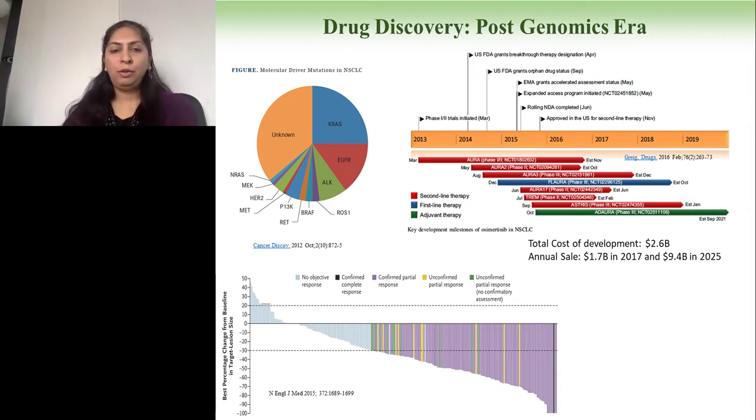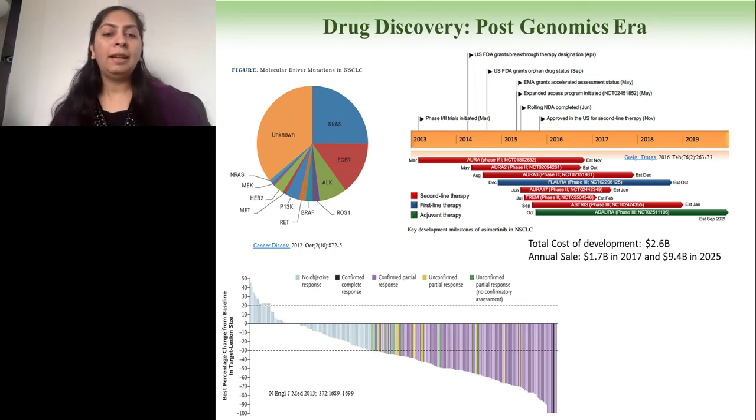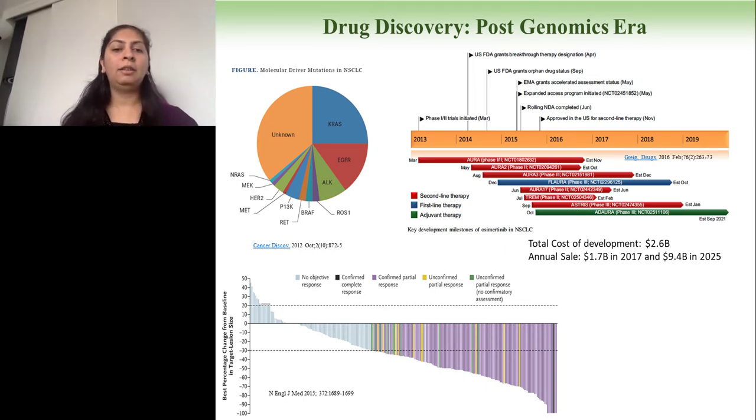So just to give you an example of osimertinib progression in the clinic, osimertinib was first synthesized in 2009, and in 2013, it entered clinical trials. This is a very unconventional way of getting into a drug trial in a very short amount of time, but this drug was highly efficacious. And when it entered the phase one